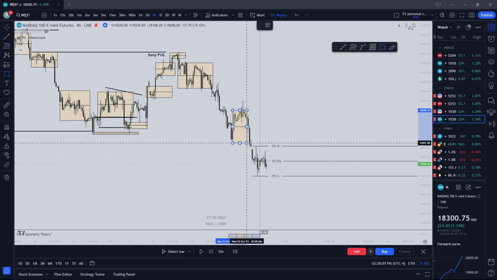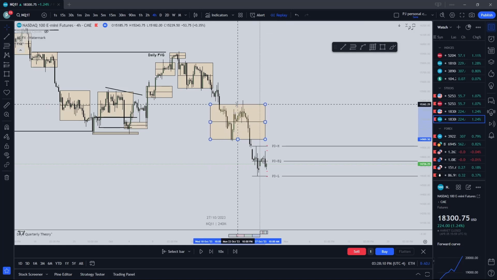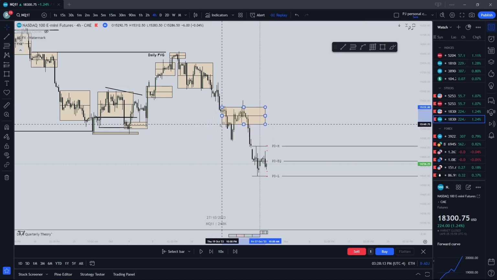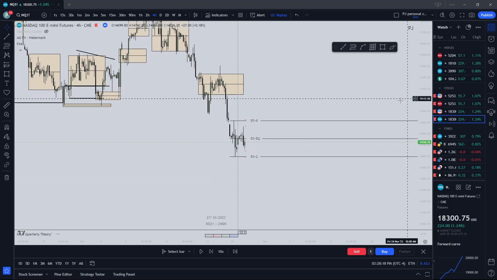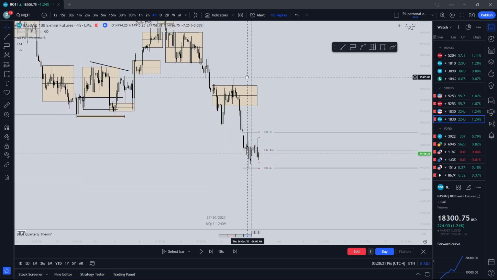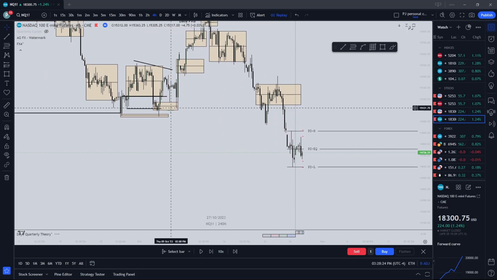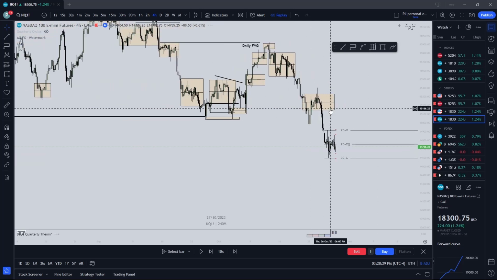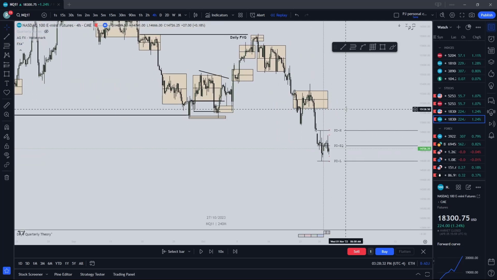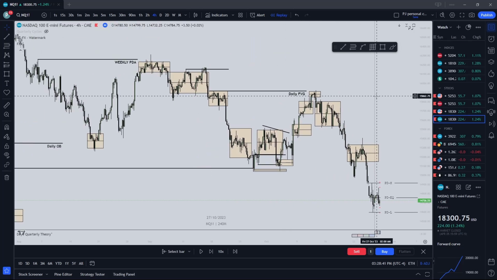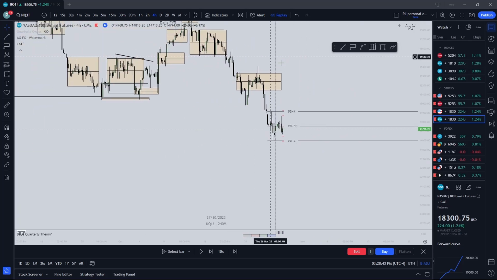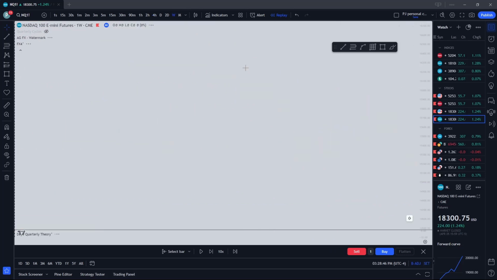So we have an accumulation line. You can either put it here, or you can put it here. Whatever floats your boat, whatever you want to do. Because if I tell you to do it exactly right, you might not be able to see it that exact one way. But if you're able just to see it, you can make do. And this is just the basics. So obviously I'll go into more in depth with time-based market maker models, even down to the 1 minute and 5 minute. But if you can't see a 4-hour market maker model from weekly PD arrays,